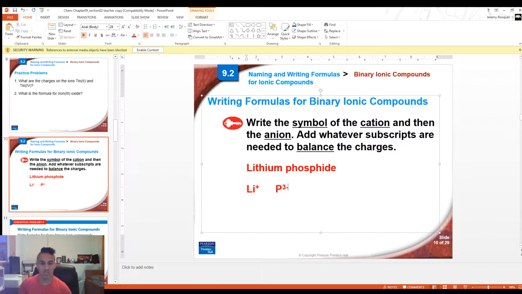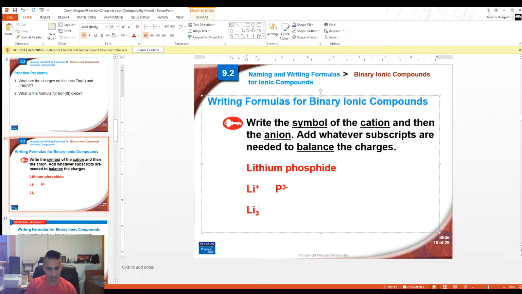From here, we need to balance the charges. If we look at this, we have a +1 and a -3. In order for this compound to form, we need to have the same total positive and same total negative. We have +1, -3, so we have more negative than positive. In order to make this compound work, we need more positive lithiums to balance out the 1 negative phosphorus. If we had 3 lithiums, that would make a total of +3 to balance out the -3 from the phosphide. So our chemical formula is going to be Li,